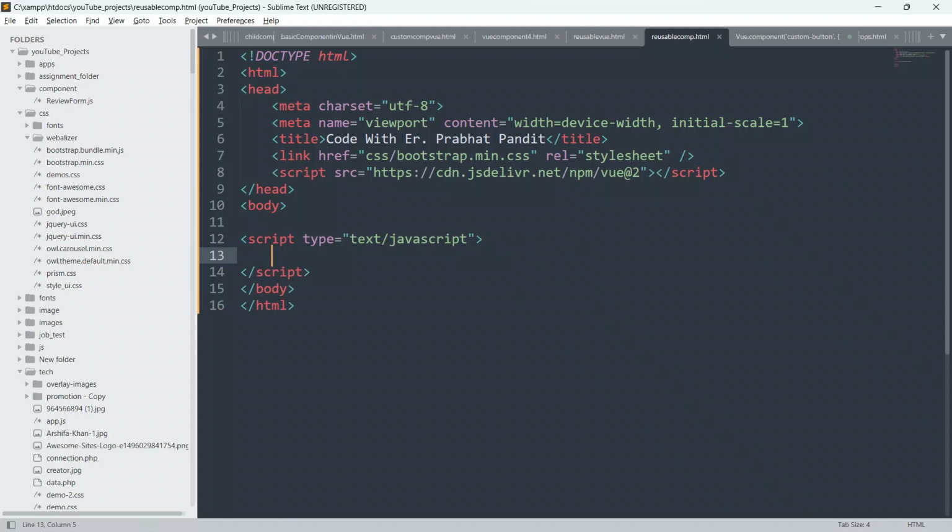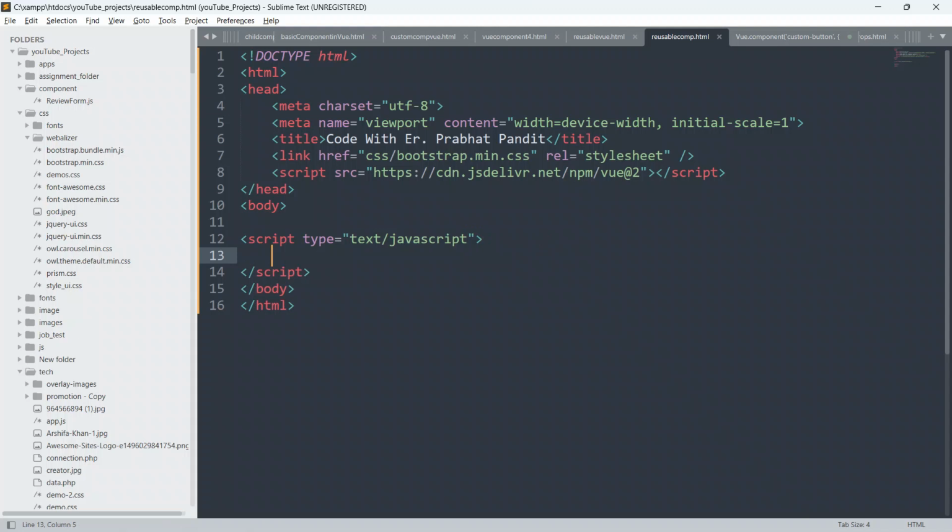Okay, so guys, let me explain something. In this video we will be learning how to create a reusable component. A reusable component is something that you can call anywhere in your function, in your program. That's why it is called reusable. You can reuse it many times in your application, as many times as we want.